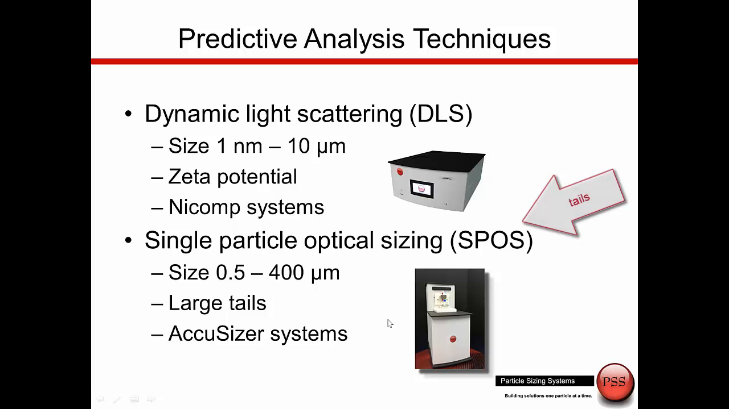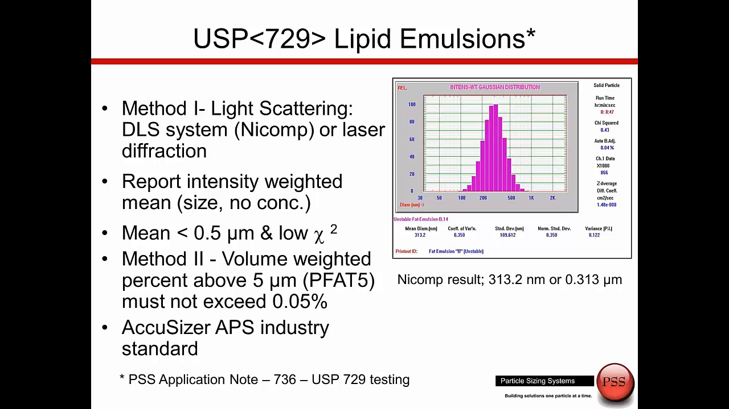Then we'll use the AccuSizer, which is based on single particle optical sizing. This is the AccuSizer APS. It has a size range of 0.5 to 400 microns, and this is a technique we're going to use to look at the tails of the distribution. There's a precedent for using this combination of both dynamic light scattering and the AccuSizer SPOS